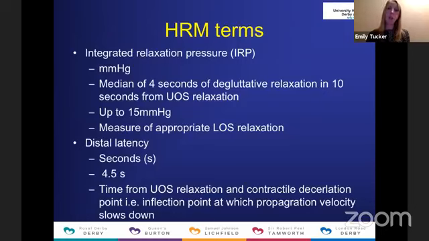Okay, so your IRP is probably the first most important measurement to look at, because it's representative of your lower esophageal sphincter relaxation. Measured in millimeters of mercury, and it's a median of 4 seconds of deglutitive relaxation from the upper esophageal sphincter relaxation. Now it should be up to 15